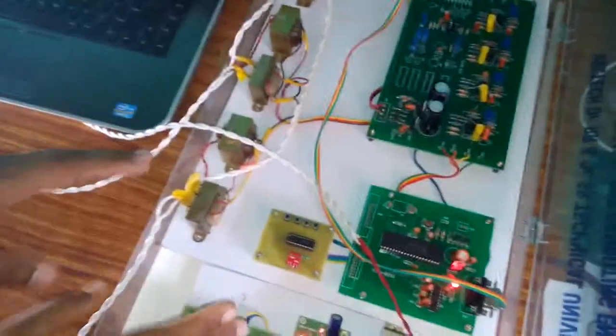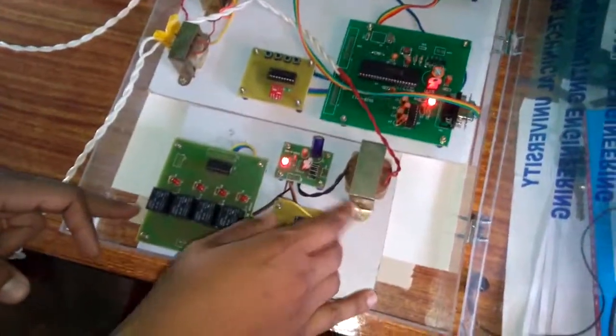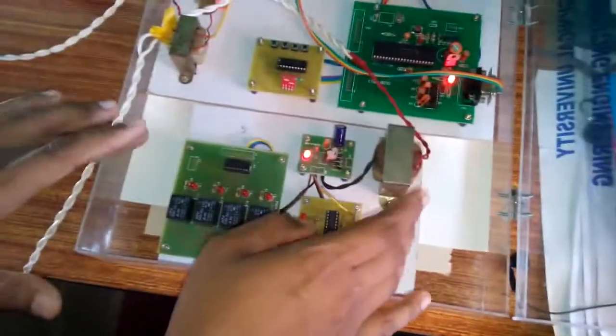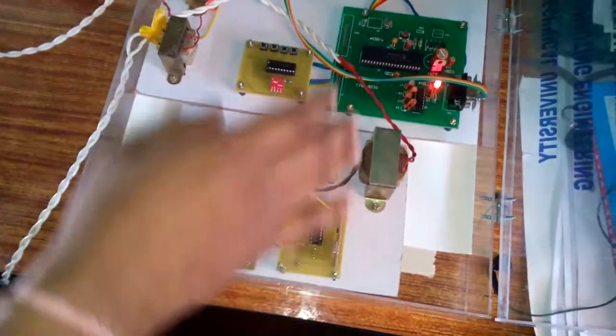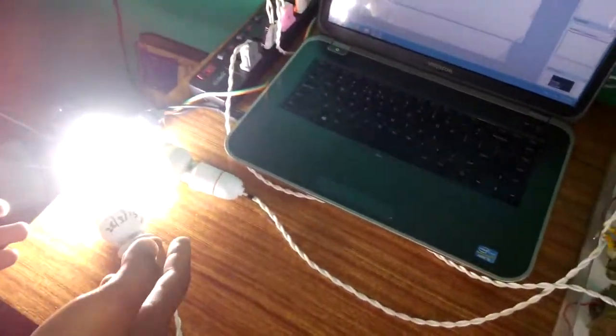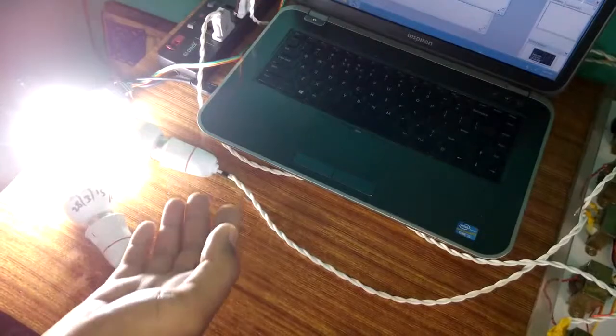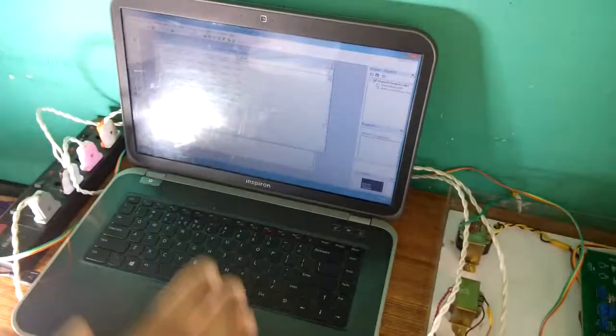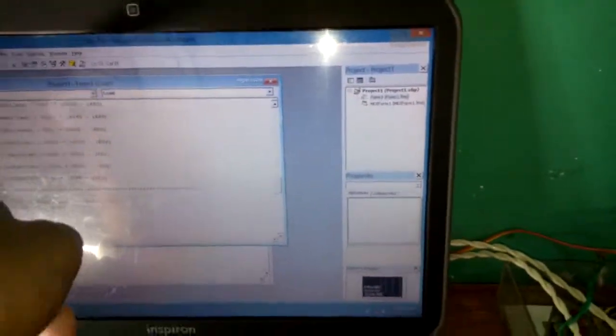Now this comes to the industry part. Over here this will be kept in the VB room, or any electrical board room, and connected to a particular machine or whatever load we have. Here, as a simple load, we have connected a bulb, and this laptop will be connected to a particular machine to monitor the graphs of parameters like voltage, current, and power factor. Now we are going to switch to the graph, which I will show you very soon.